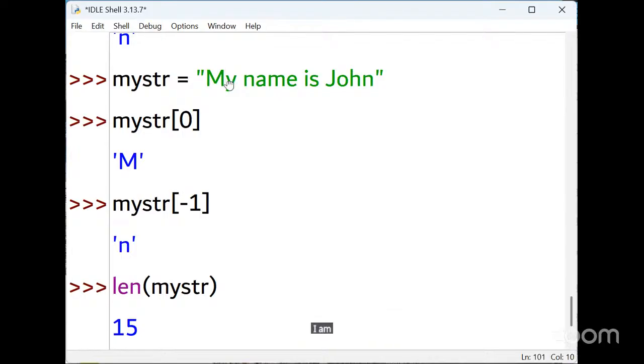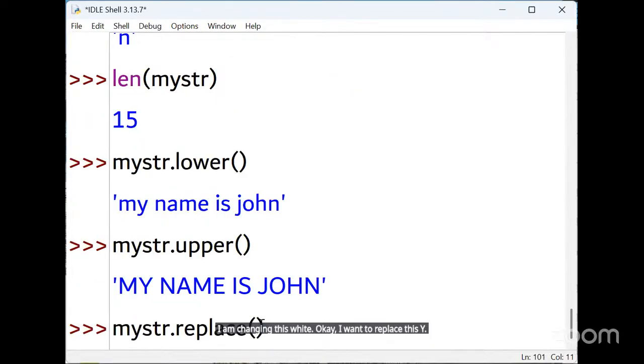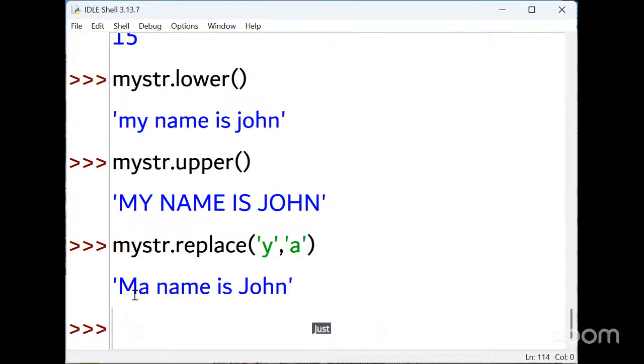I want to replace this Y with another letter. What letter am I going to replace? I'm going to replace the Y. What am I going to replace it with? As A. Just press enter. Can you see here? The Y is replaced by A because of this replace function.